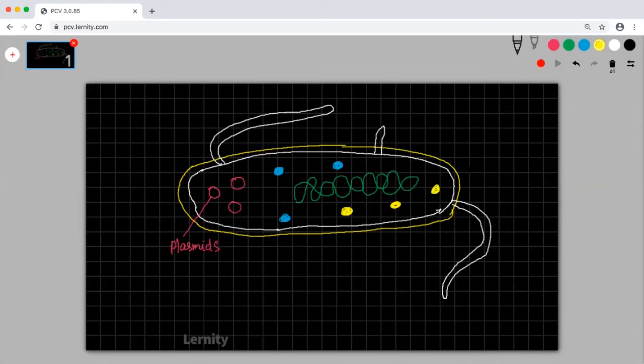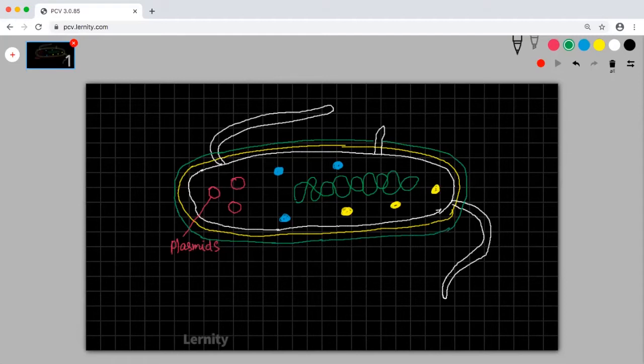Children, listen to me here. You are able to see something like a bacteria, not E. coli, but a bacteria which is rod shaped, some bacillus. What you are seeing here is that this particular bacteria is made up of the white color structure, which is the plasma membrane. On top of it, the yellow color structure is what we call the peptidoglycan layer, which is the cell wall. And then it is also having one more covering.